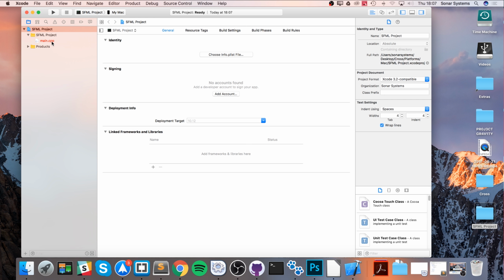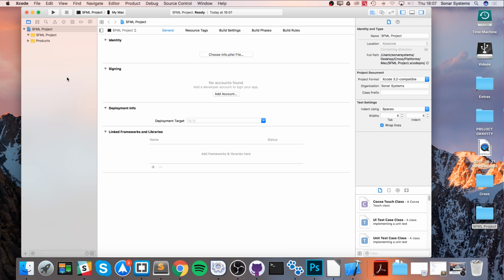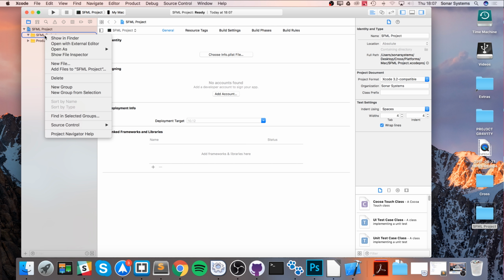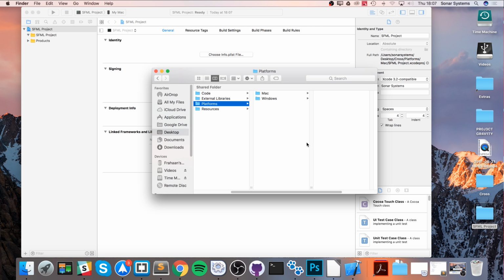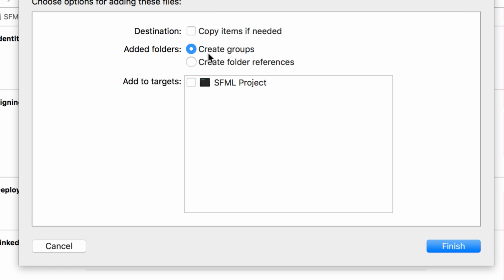That is fine. Just remove that. We'll be rectifying that problem now. So what we're going to do is, actually, we can just drag it on. So if we go back, if we drag on code into the SFML project, what you want to do is